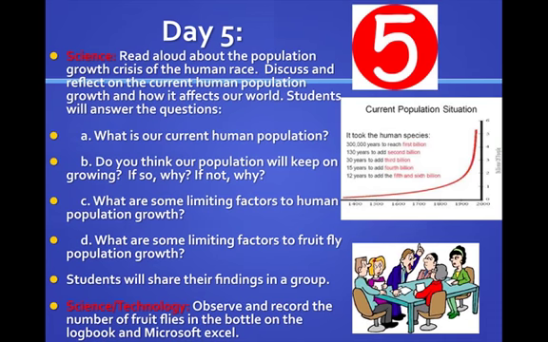Day 5, I'm going to have students read about the population growth crisis of the human race, and students will discuss and reflect on what's going on with the current human population. Students will answer the following question: what is our current human population? To find that,